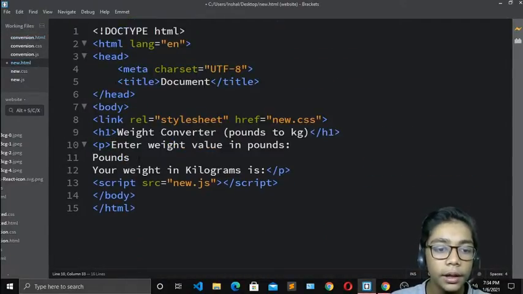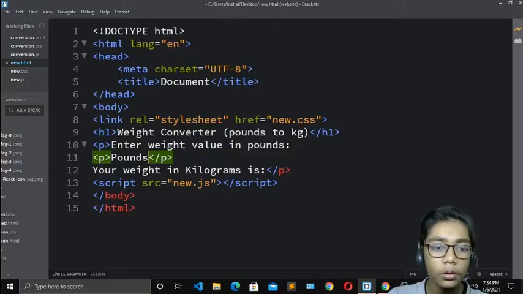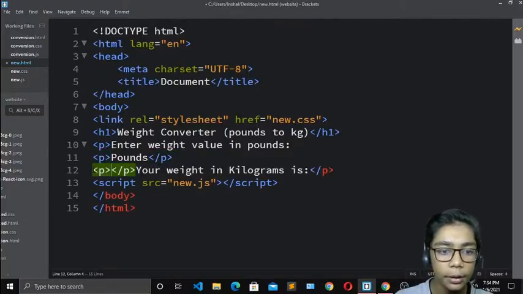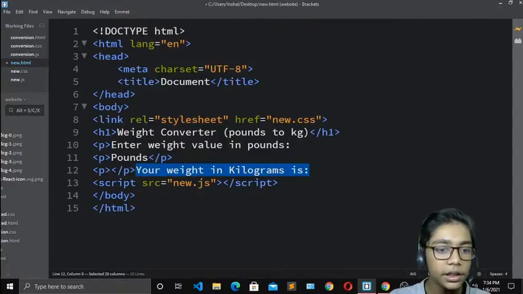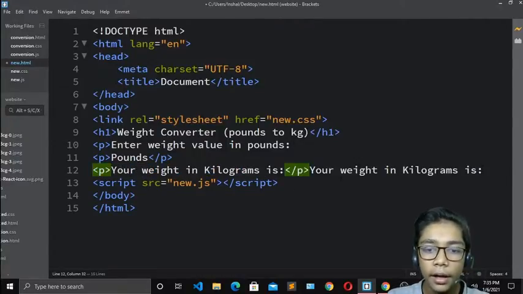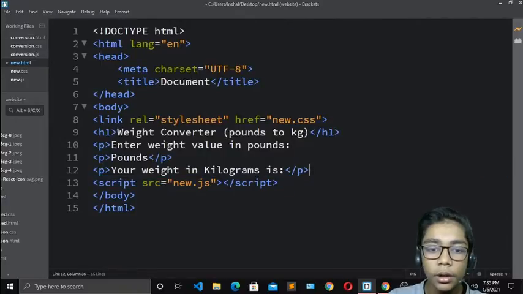I will copy this pounds from here and add a p tag and paste it in it. I will also add a p tag here, erase this closing p tag because I don't need it, press Control C and paste it here, and erase this one because I don't need it now.